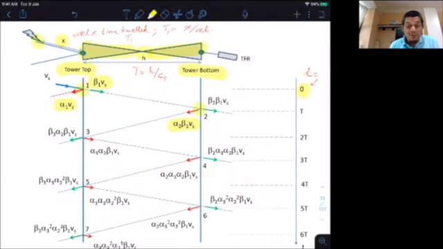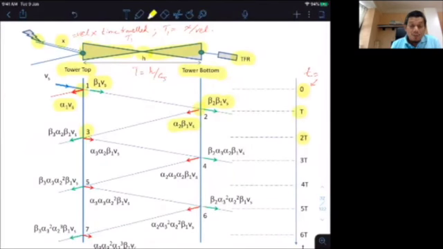there. Alpha 2 beta 1 Vs is the voltage transmitted into the tower footing resistance, beta 2. Now, beta 2, because we already have beta 1 at the top there. So that happened at T. Then the one that got reflected, alpha 2 beta 1 Vs, will travel to point 3 at the top of the tower. At time 3, which is 2T, or the point 3 if you like,